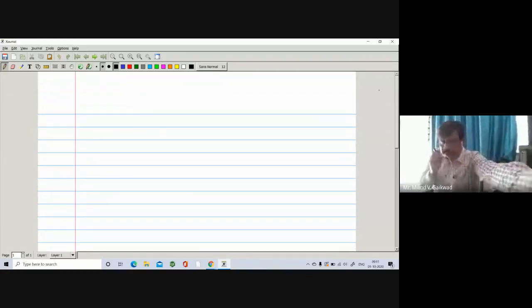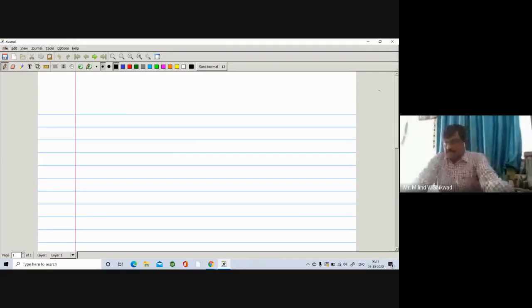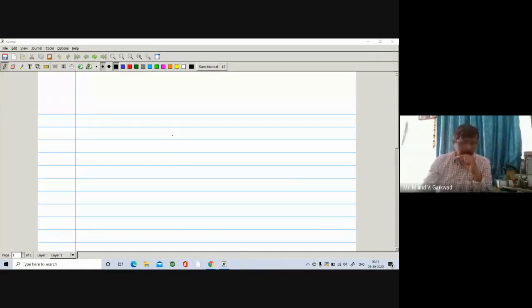So today we are going to discuss the chemical reactions given by this carbonyl compound. Chemical reactions given by this carbonyl compound. So we have seen last time the